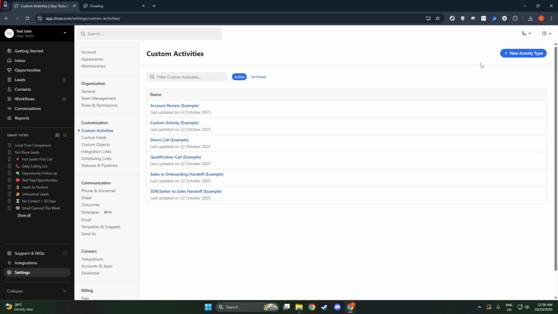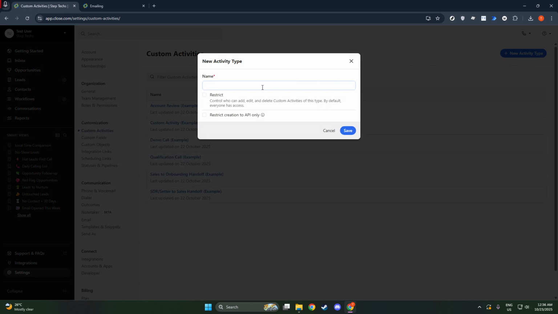Now that we're in the right place, it's time to create a new type. You'll see an option to add a new custom activity. Simply click the plus New Custom Activity button. This is where you can start to define what this new activity will encompass and how it will be structured